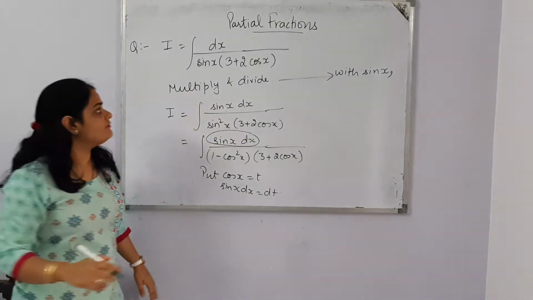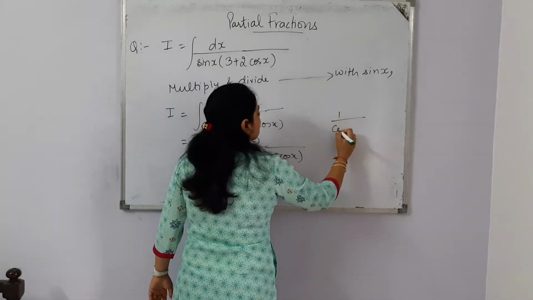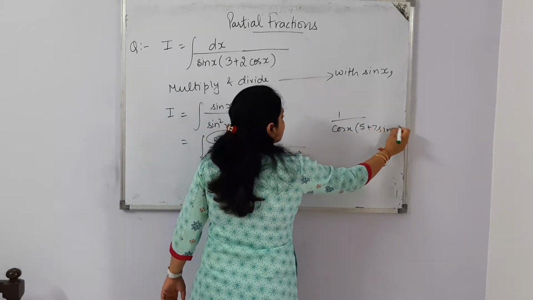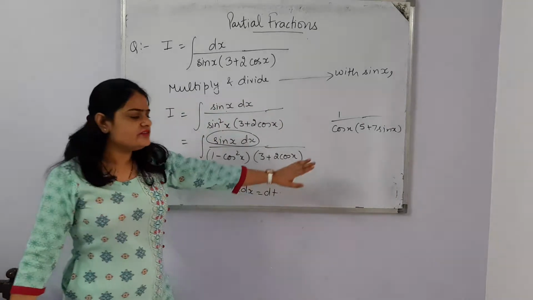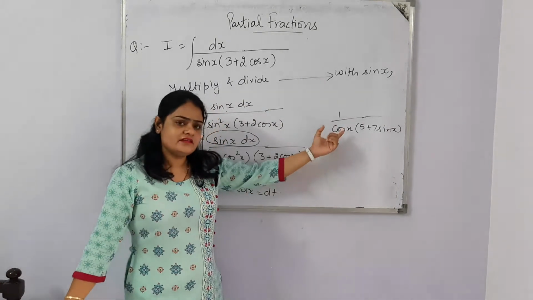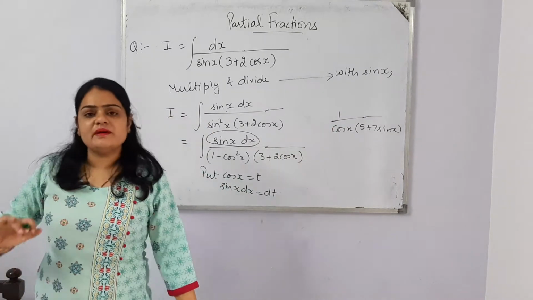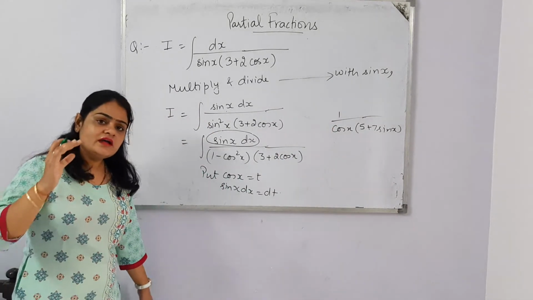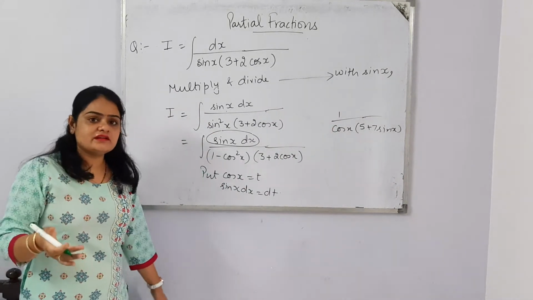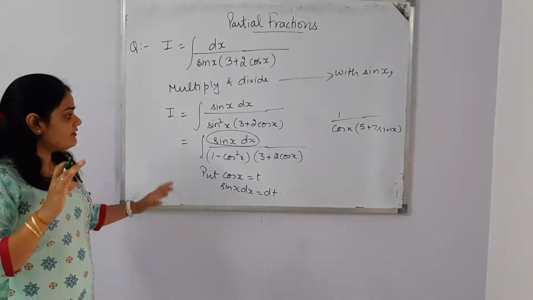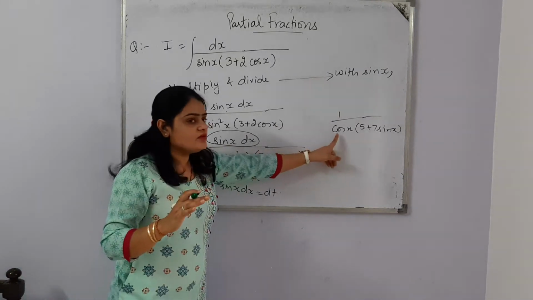And if you have something like cos x, 5 plus 7 sin x, in that case instead of sin square x, cos square x is easy to form by just multiplying and dividing with cos x. So it depends upon the question, with which trigonometric ratio you have to multiply and divide. It's quite easy. Just remember one thing: you have to form cos square x or sin square x,